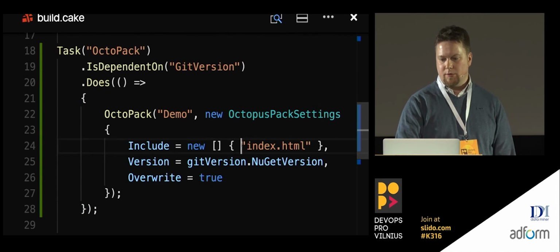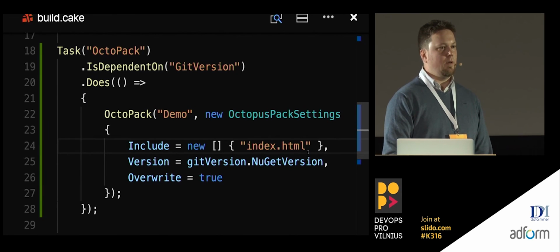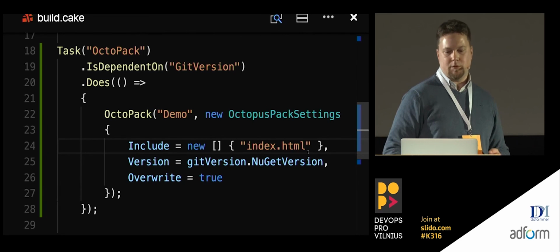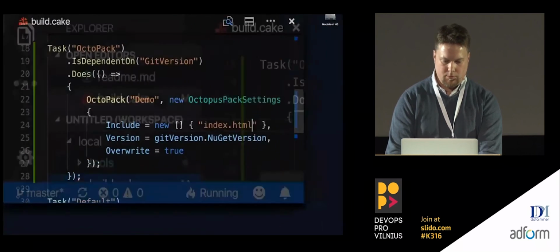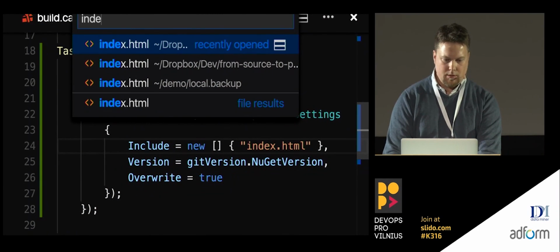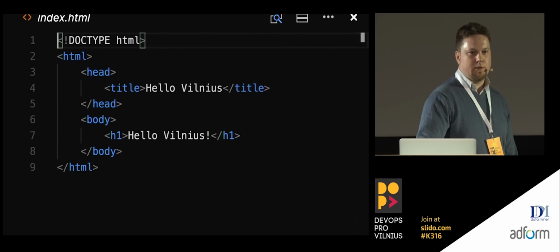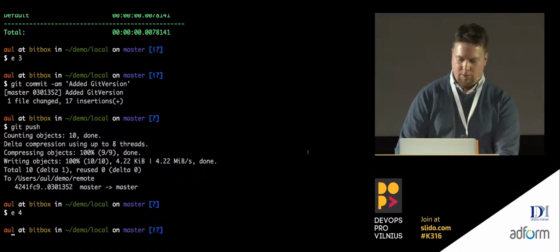And then what we say is just package an index.html file as kind of our package. That's what we want to release into staging and production later. And if we look at that index HTML file, it's just a really simple HTML file saying hello Vilnius. And if we add that,